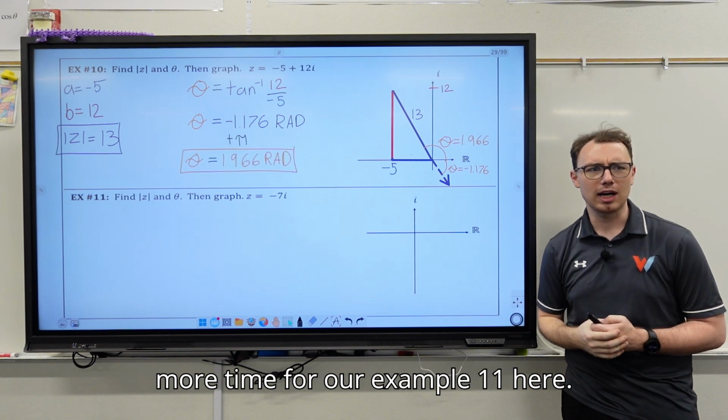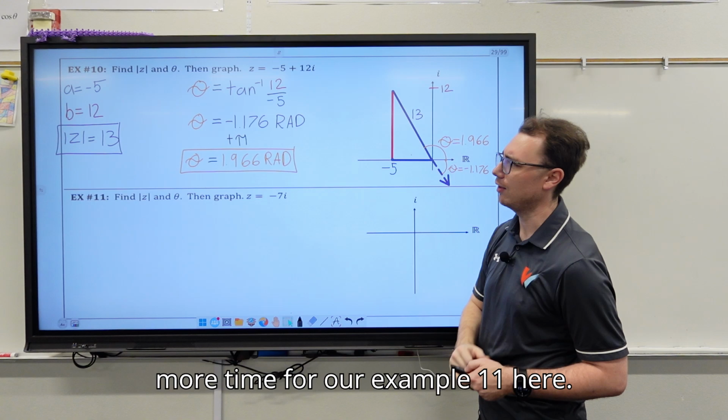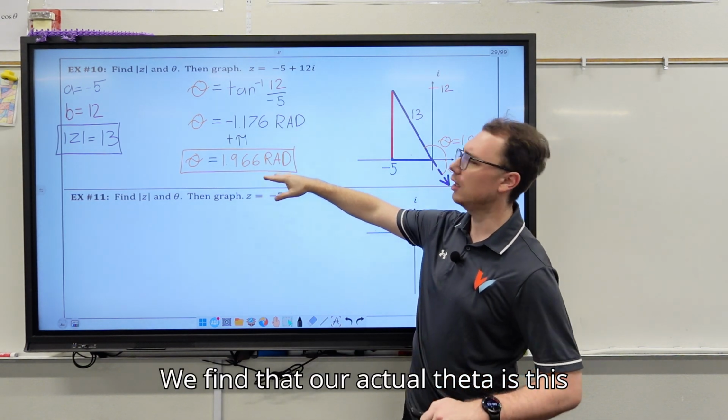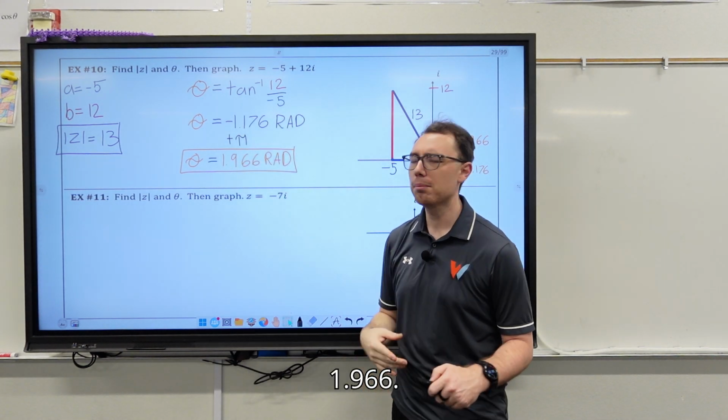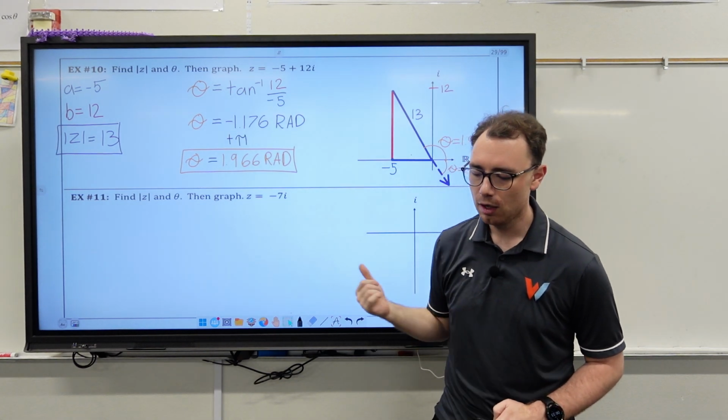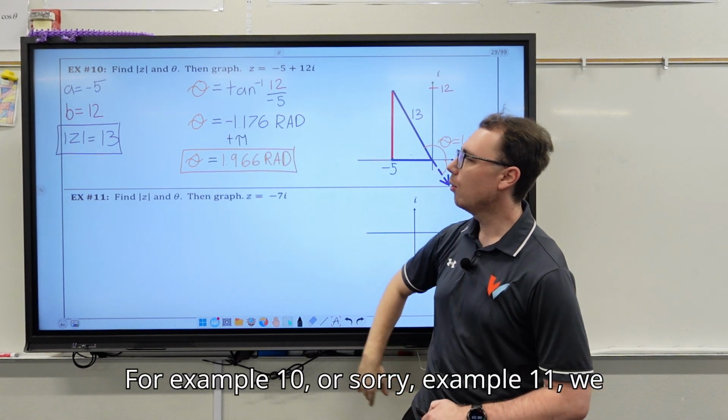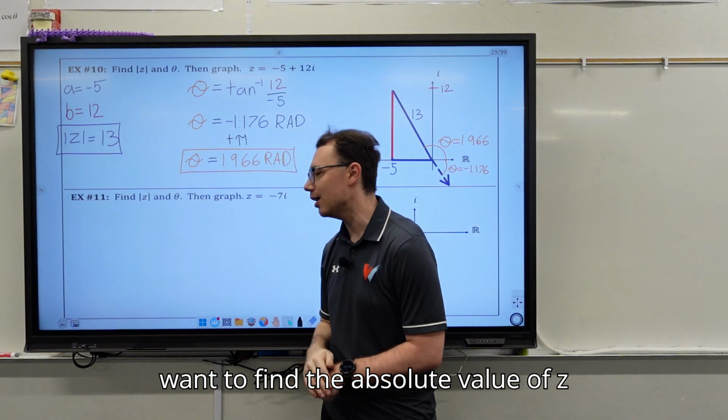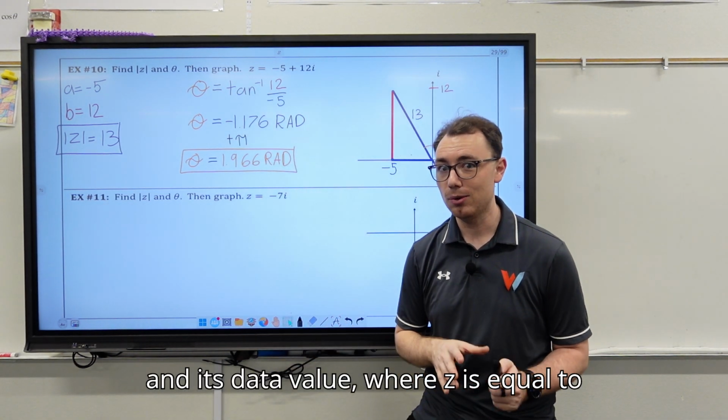Let's try this one more time for our example 11 here. We find that our actual theta is this just plus pi, 1.966. For example 11, we want to find the absolute value of z and its theta value where z is